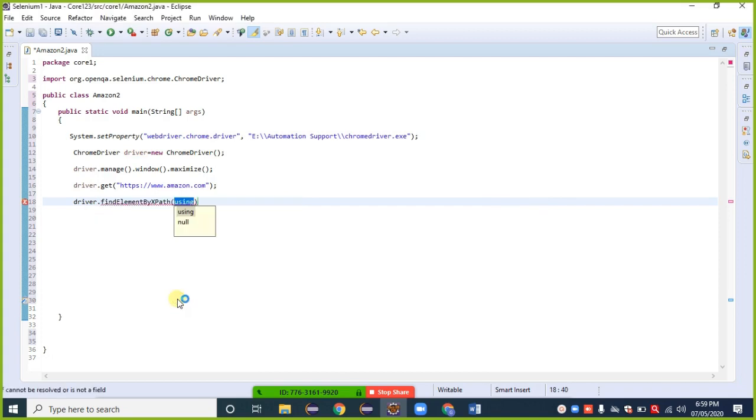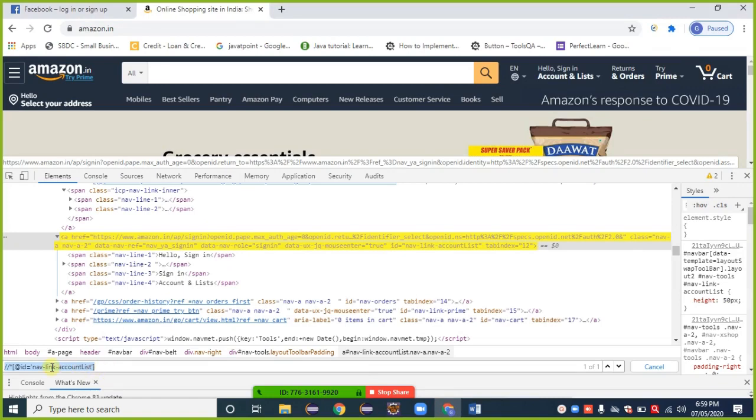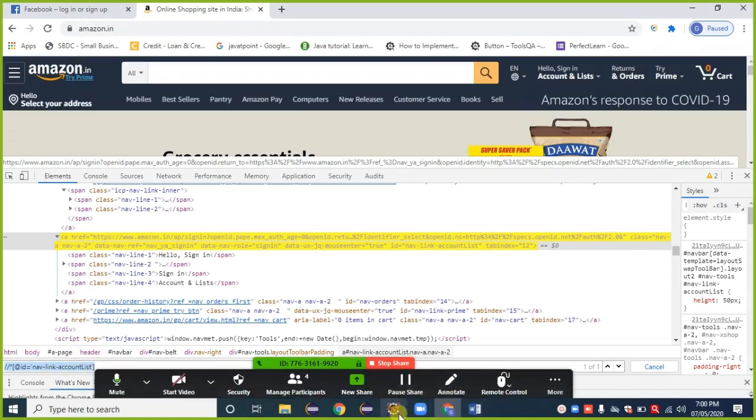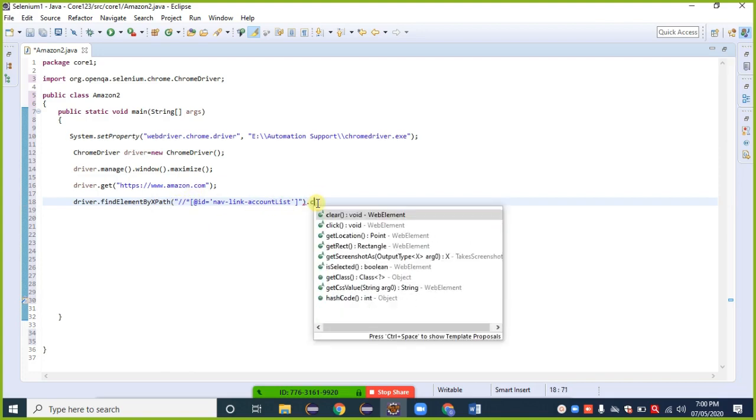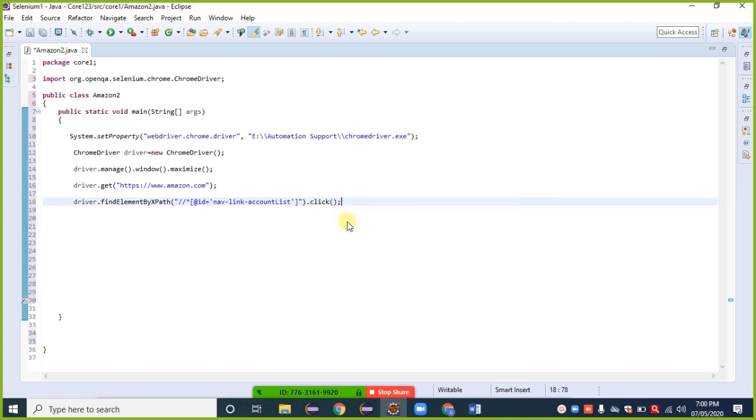Select that one and provide the value in double quotes, Control V. What I am doing here is selecting that xpath value and providing it inside the program within double quotes, because the value required for xpath is a string. Then dot, which operation are we performing? Click operation. Just check whether it is right or wrong.